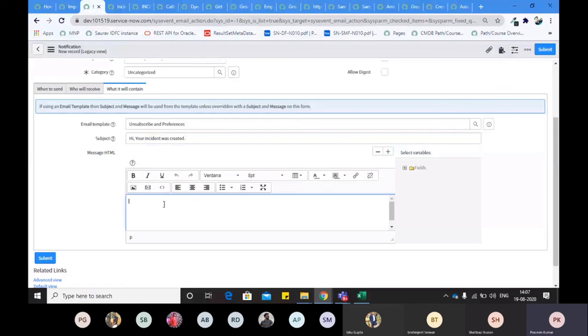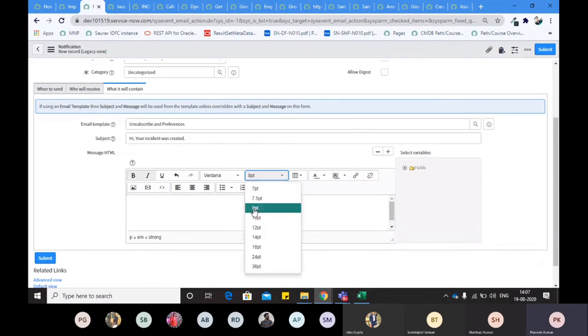Now whatever kind of stuff I want to put here, I can. For example, in bold and italic, hi.